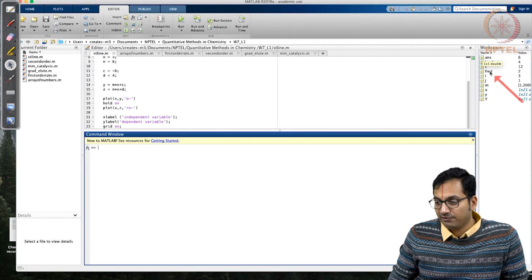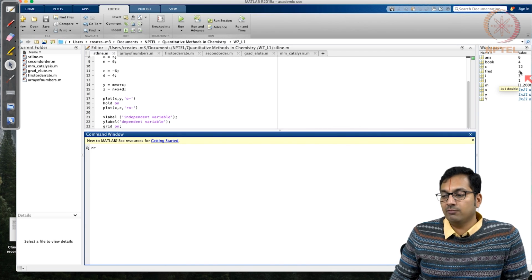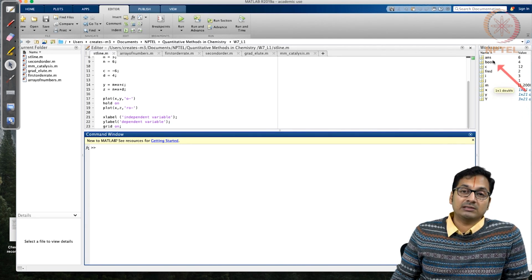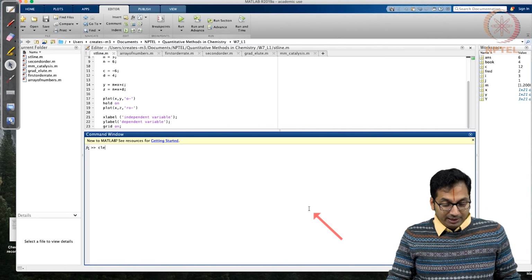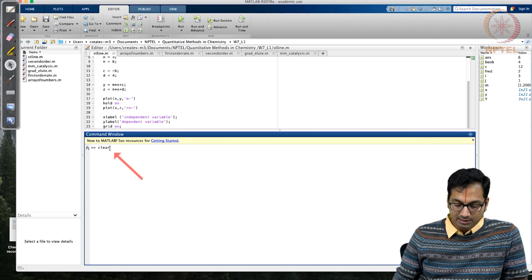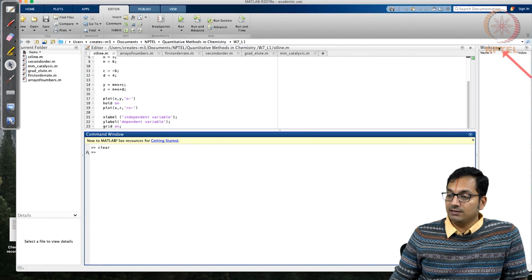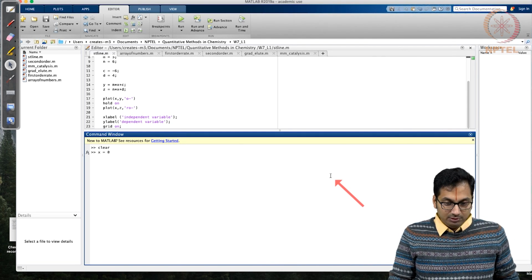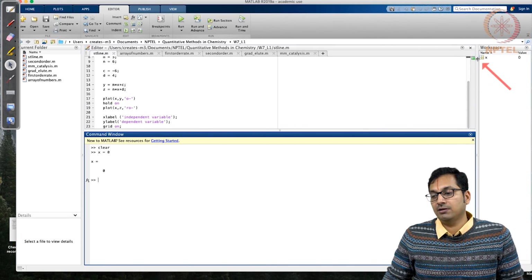We just defined Fred, we just defined book, and you realize what is the value assigned for Fred and what is the value assigned for book. Similarly, all different variables are also assigned. It is always good practice to clear all the variables before we start working. So if you hit clear, you realize that in the workspace all the values are cleaned up. So once again, let's say if you want to give x as 0, then x takes the value 0 and that appears here.